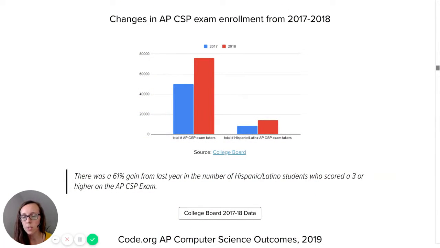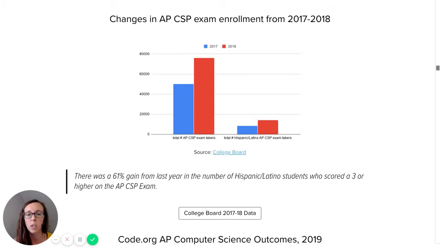successful beyond our schools are really important things. So this probably comes as no surprise that there have been some big changes in the AP CSP exam enrollment. This is data from 2017, 2018. So the total number of AP CSP exam takers, of course, really jumped. And as we look at one group of students, the Hispanic Latinx group, which is one that is called out in the demographics we have available from